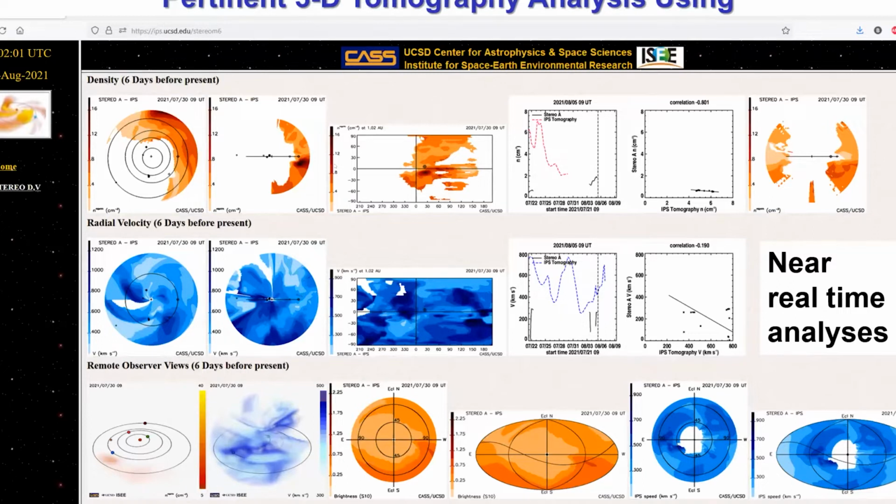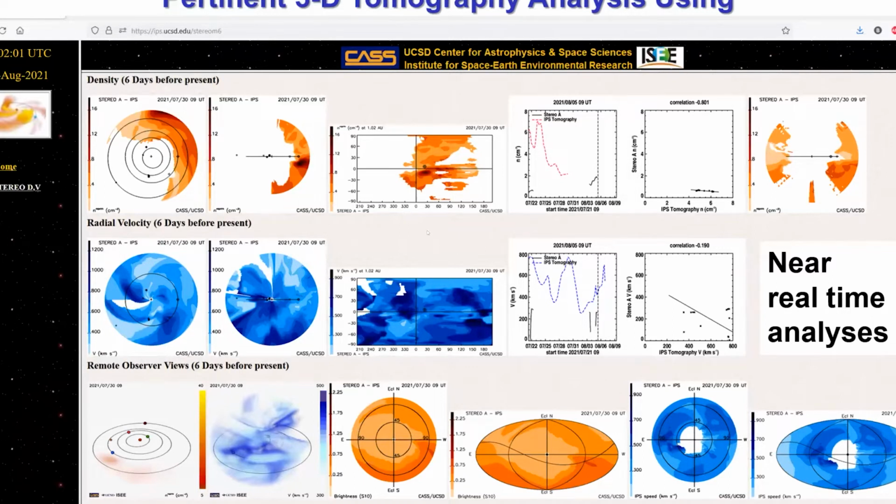You can see structure here at Earth in a plot that's just a synoptic map. This is what the in situ data is present at STEREO. There are other things here too. There are many different projects. We use interplanetary scintillation velocity to help in these analyses, and this is the model value that's present at STEREO A. Now, we're trying to get the current beacon data represented here too, but I should tell you